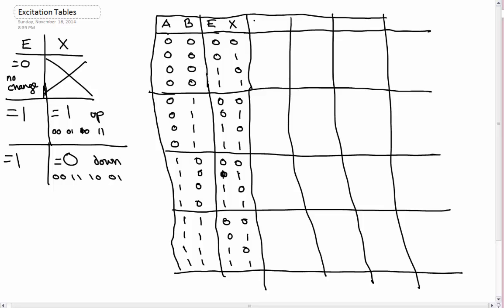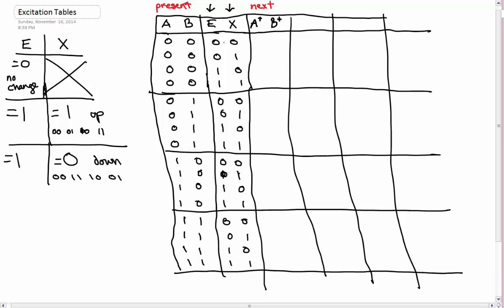We want to see what our next A and what our next B will be. So those little signs beside the A and B are just plus signs. That means that here we will have our present state, and here we will have our next state. So these will change